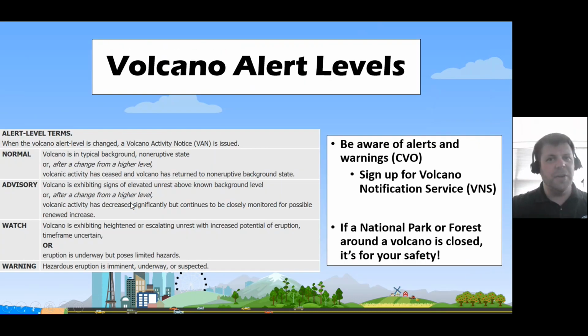Okay. Another thing you can know about these: again, we have well-monitored volcanoes, and the USGS is actually in charge of putting out volcano alert levels. All our volcanoes are currently at normal. What they're doing is different for each volcano, but again, like those doctor's visits, we're checking up on them, making sure that we know what's normal for them. Mount Rainier has a lot of earthquakes every year. That's normal. It's an active volcano. Mount Baker has a gas plume that smells like rotten eggs. That's normal for it. If these things start to change, it's possible that the volcano will move up